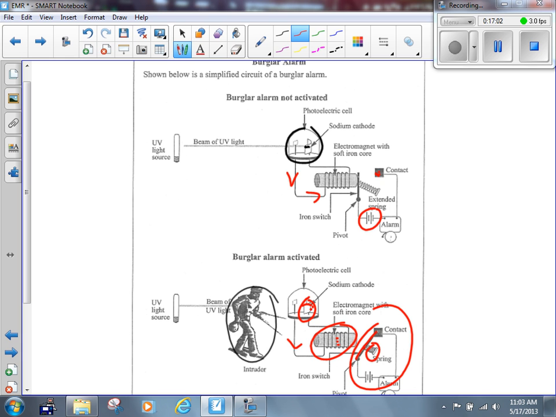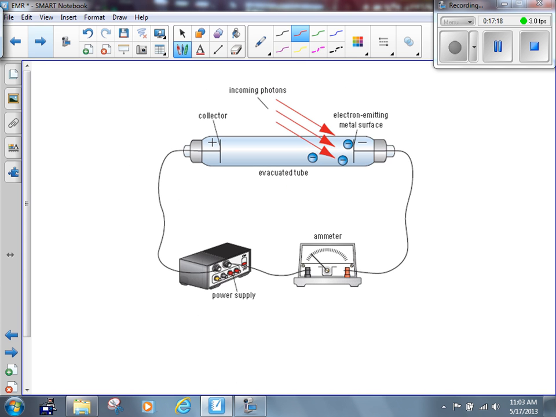So you've got to have a threshold frequency somewhere in that range of UV light so that turning on the light switch isn't going to bypass this alarm system. Yeah, it's a great system, hey, if that's the case, right? All right, take a look at the picture that you see up here now, please.